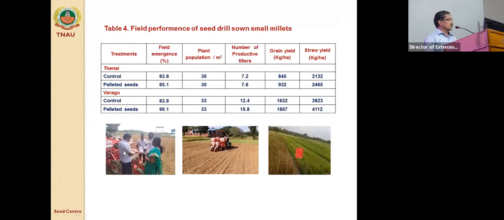So these are the sowing machines available at Kumulur, which are imported from Germany. Based on the available machine and its metering device, we are standardizing the size. So we cannot give a blanket recommendation of one particular size that suits all the machines. No, it is not like that. For different machines, we need to standardize a different size. That is what we are doing also.